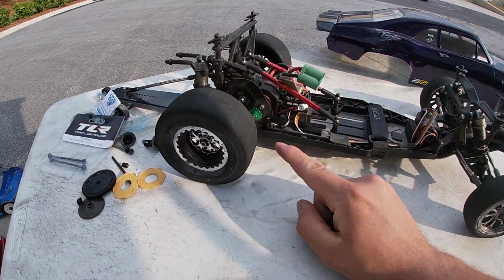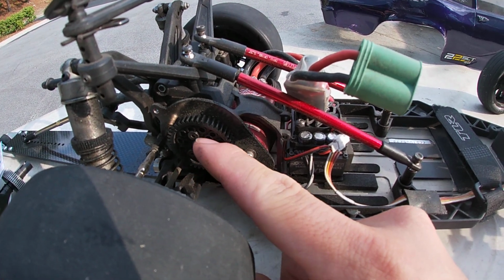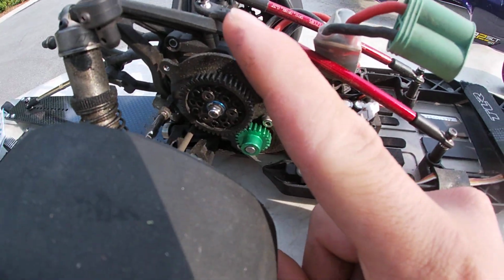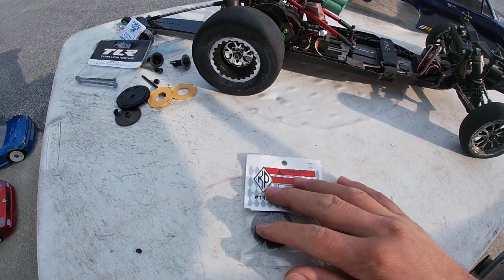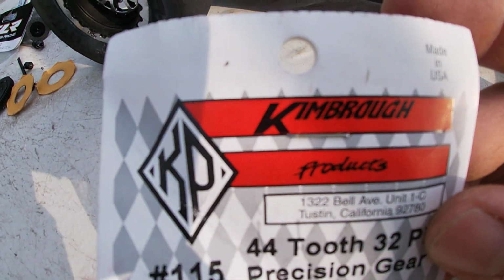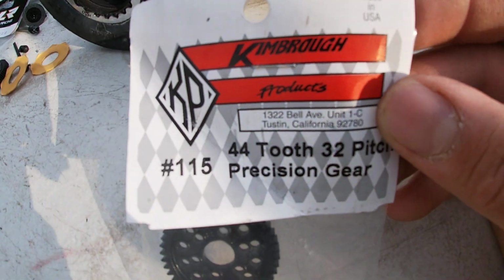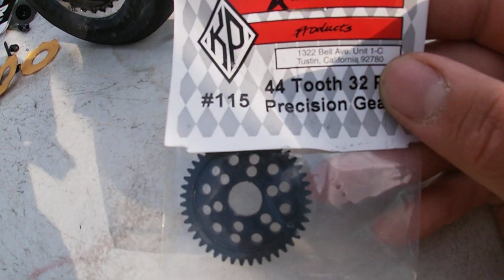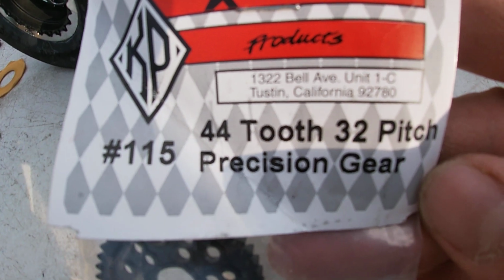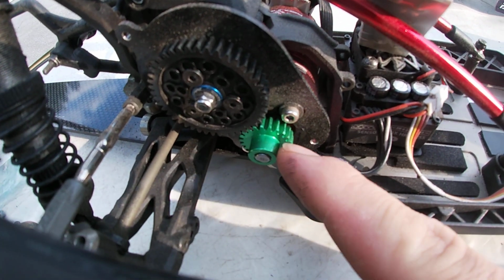I ended up buying the Exotech slipper clutch delete. I think they call it the Exotech direct drive. So once you get that, you can just run a spur gear, and I might not pronounce this right, from Kimbro or Kimbro, something like that. Anyways, this is the spur gear that I am running on it. I actually bought 2 of them. They are both 44 tooth 32 pitch gears, obviously, and I am running 32 pitch